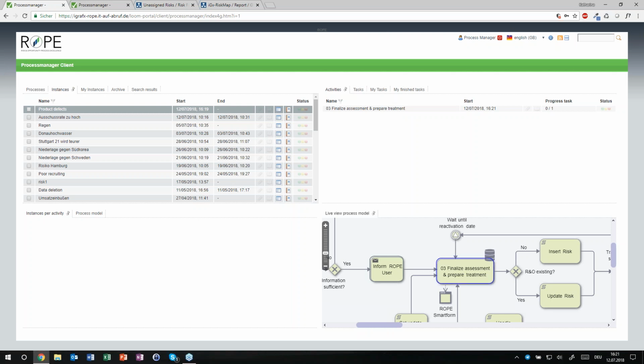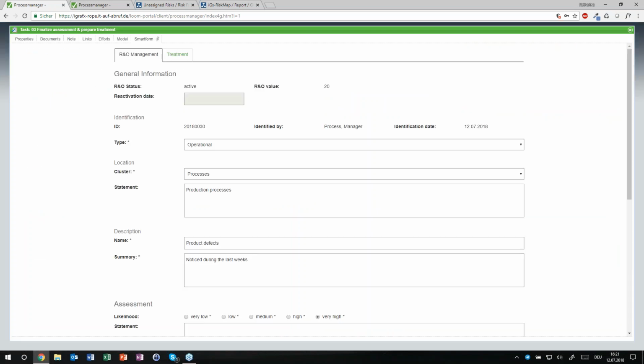Now, the slide Stefan was showing is not only about the risk assessment. So we identified the risk. Now we have made a pre-assessment of the risk. We want to finalize that assessment, but we also want to prepare a treatment. And this is quite important here, because it's not only about documenting the treatment, it's also about executing the treatment. So really to perform the treatment and later document that we have performed the treatment. And this is all to be done through the task management here.